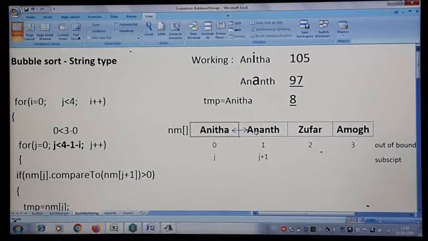If you compare this, Anant should come first and Anita should go to the second place, because compareTo will check in dictionary order. The first letters are A and A, common, so it goes to the second letter. N and N, both are similar, so compareTo goes ahead with the next letter.